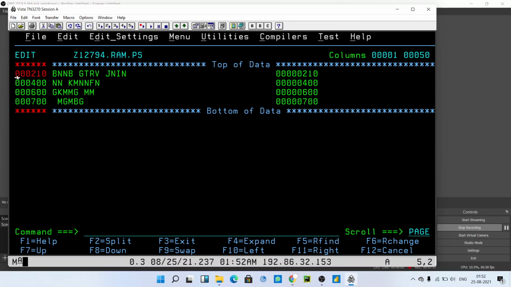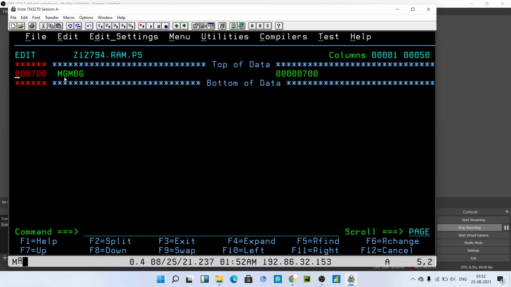But what if you want to delete any number of lines by this method? See, we have typed DD here, and now we are going to type DD here. It will be better if you delete this, because you will get to know very quickly. So now if I DD here, it will delete from this line to this line. Everything from this line to this line will be deleted. Only this last line will remain. So we'll see. I type enter. So here we go. All the lines are getting deleted.